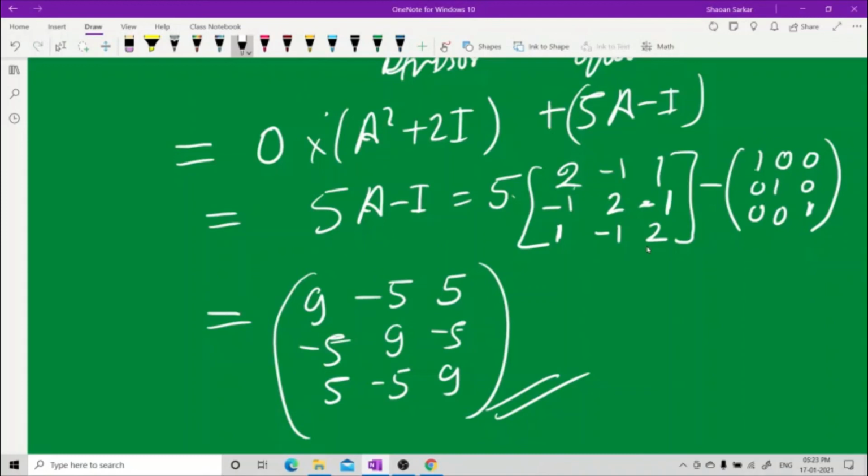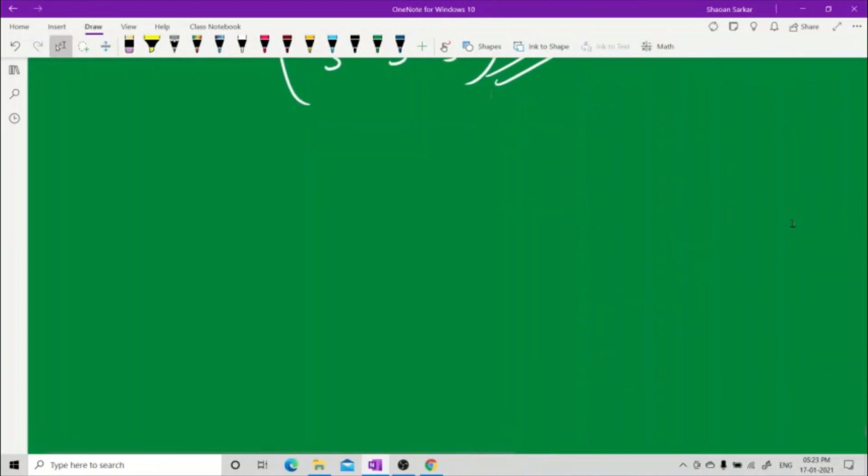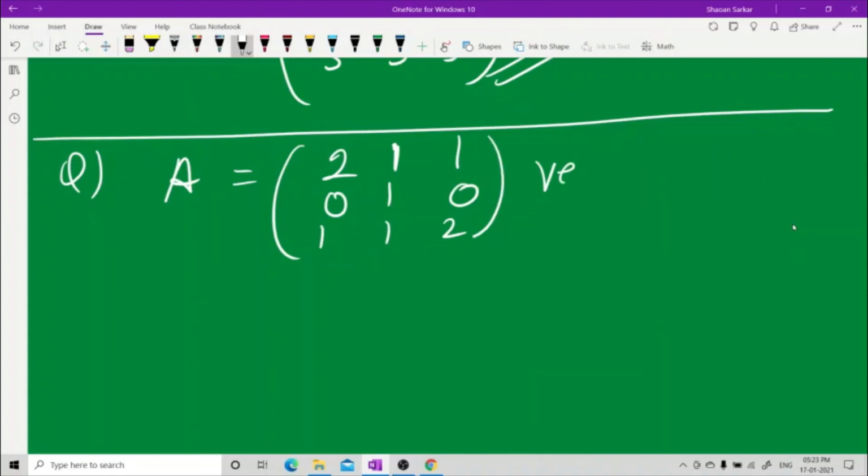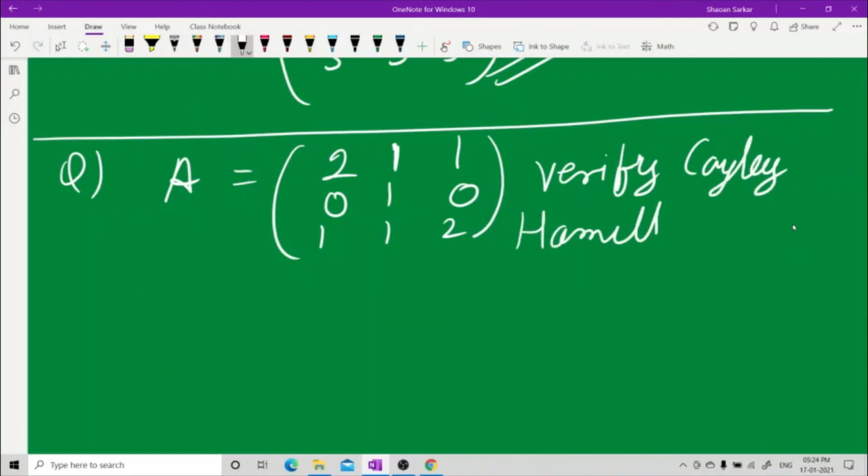And I'll give you one more question. You can try on your own. I'll just give you the final answer, and this should match. Let me give you the question. A equal to 2, 1, 1, 0, 1, 0, 1, 1, 2. First part is verify Cayley-Hamilton theorem, and find the value of